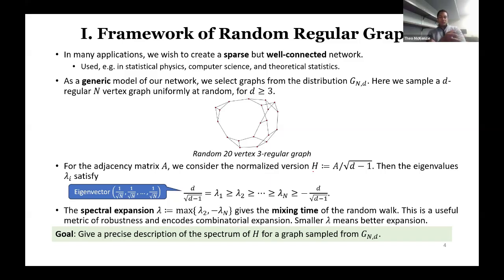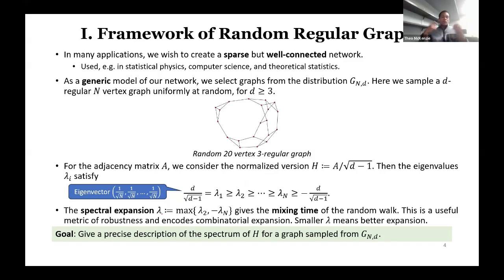Okay, so if I consider this operator H, then I have a real symmetric matrix. So all of its eigenvalues are real. And moreover, it's not so hard to check that the largest eigenvalue will always be d over the square root of d minus 1. This corresponds to the all ones vector, the normalized version of the all ones vector. The idea is that if I look at any vertex, I receive exactly d copies of itself from other vertices, and then I've done this normalization by the square root of d minus 1. So the top eigenvalue is always this, and you can also show that this is the largest eigenvalue by the Perron-Frobenius